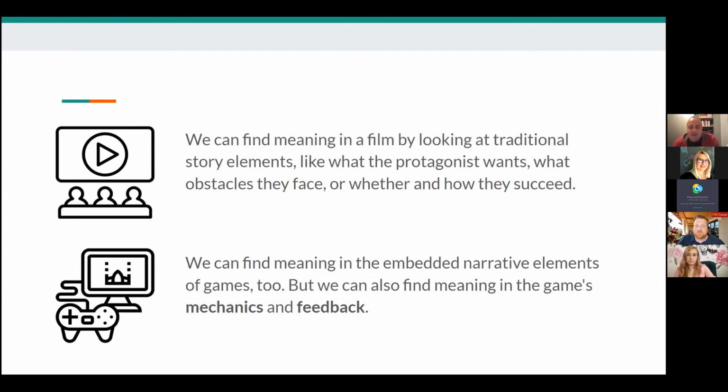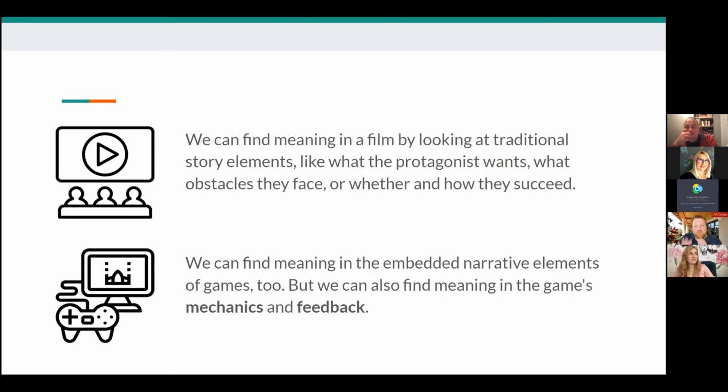From those sorts of elements, we come to an understanding of what this film is about and what it means and what it is saying about the world. And we can find all of that stuff in games too, in the embedded narrative elements of games, in their cutscenes, in their dialogue, in the descriptions of lore, and in the character videos that are produced by Riot or BioWare or Blizzard.